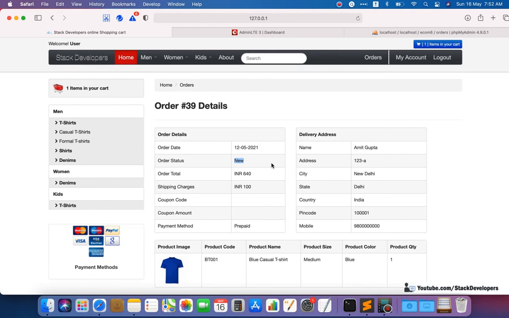So in that case, we require the transaction API that will keep on checking. We will schedule this API to run every half an hour. It will keep on checking if there is any order whose status is new or pending at our end.